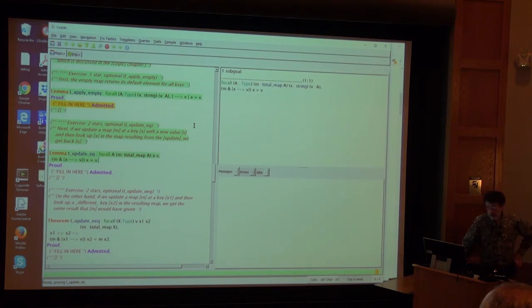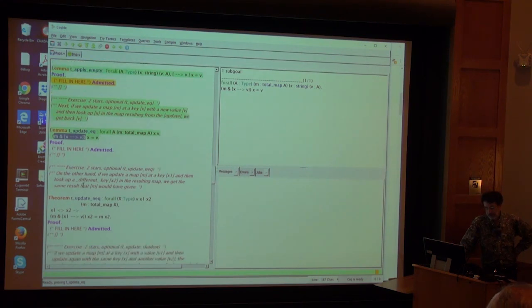Here's the second property. If I have any map M and I update it at point x with v, so that gives me a new map, and I apply it to x, then I will get v. All right? That's update eq. Update neq says I have any map M, I produce